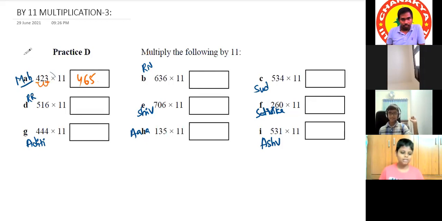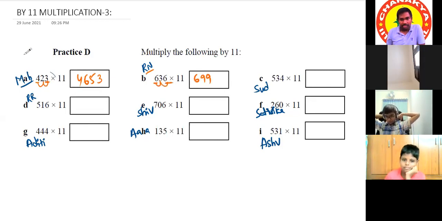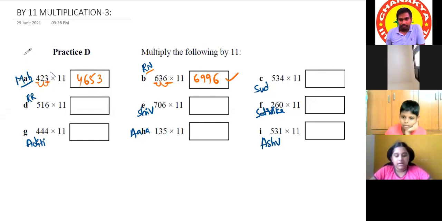Sir, you wrote 4. Yes, sir. Right. Ritvik. Yes, sir. Sir, 6 will be the same. 6 plus 3 is 9, and then 3 plus 6 is also 9, and then we have to keep 6 as the end. Again, keep 6 as it is. Very good. Correct. Sudisha. Yes, sir. Sir, the 5 will be as it is. 5 plus 3 is 8. 3 plus 4 is 7. Okay.